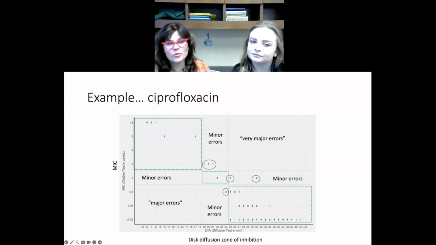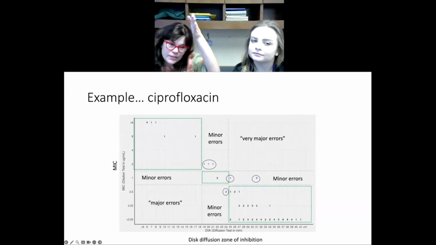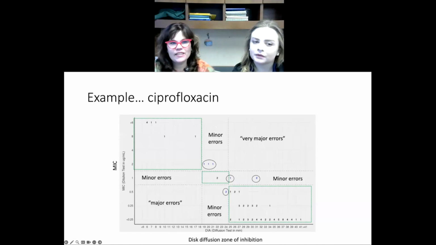So this is just one example of ciprofloxacin, and I think these are some of the non-aeruginosa Pseudomonas data. So we've got the disc zones on the x-axis, and then the MICs are on the y, and then the numbers in here are how many isolates had an MIC of 0.5 and a disc zone of 27. So we plot this all out, and we say, okay, well, we know our MIC interpretations are here, and then